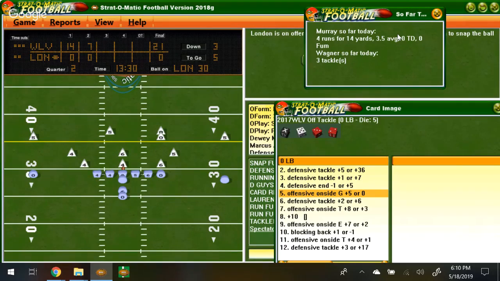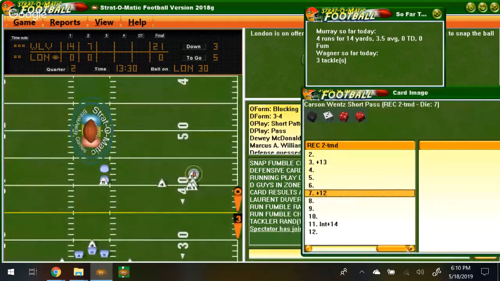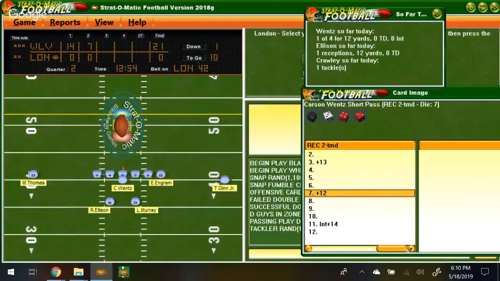Tom does not want a 3 and out here, so this is a big conversion. Let's see if he can get it, and he will. That's a nice little pickup there of 12 yards. Good call by the defense. Aaron double teamed